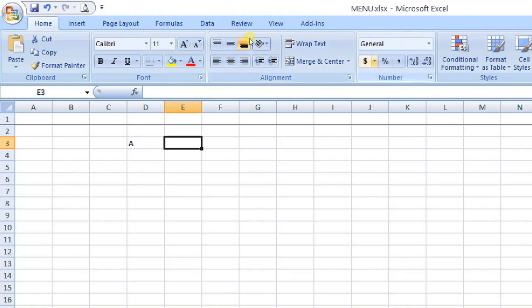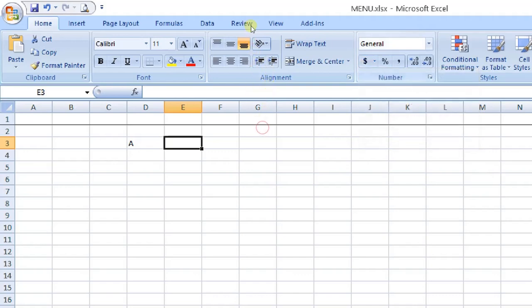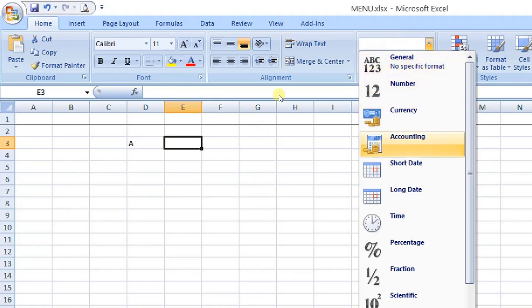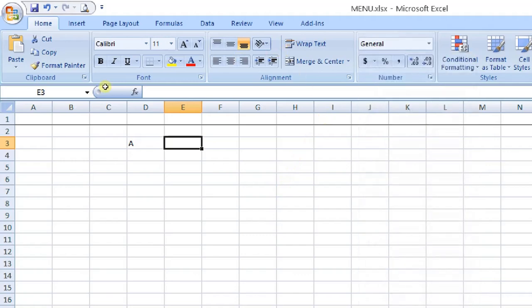We can use different kinds of currency formats, Euro, English, Chinese, or different number formats: time, percentage, fraction, scientific. Then we have these number formats.